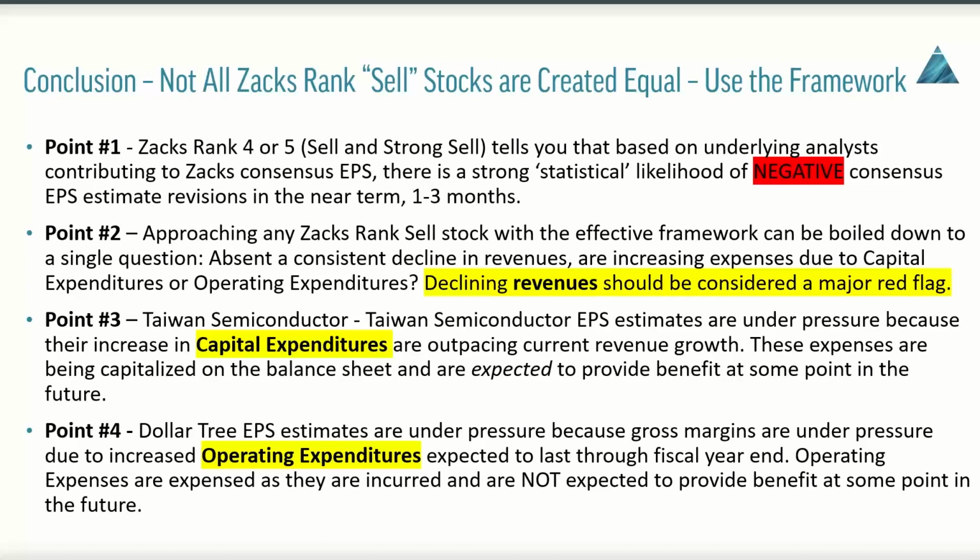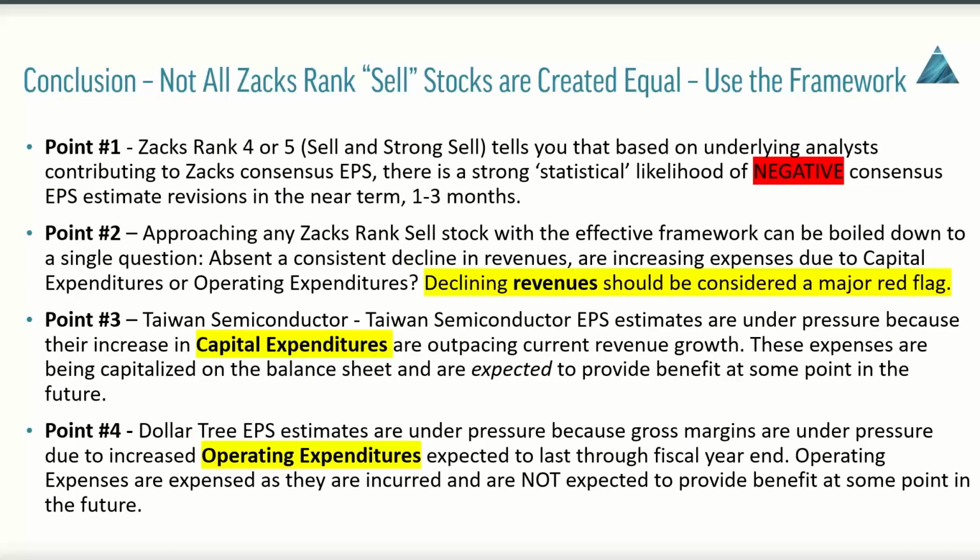Zacks Rank 4 or 5, this is going to be your sell or strong sell. This tells you that based on the underlying analysts contributing to Zacks consensus EPS, there's a strong statistical likelihood of negative consensus EPS estimate revisions in the near term, and that's 1 to 3 months. Point number 2,